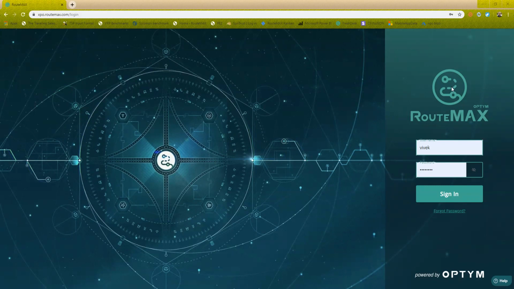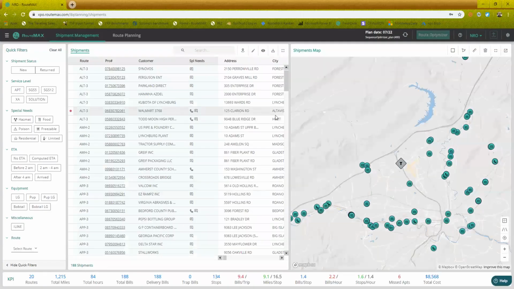I hope all of you received the login information for the RouteMAX application. This is the login page where you have to enter the credentials. Once you log in,